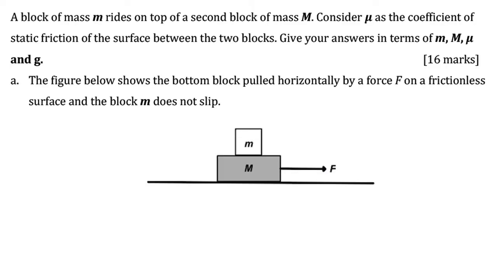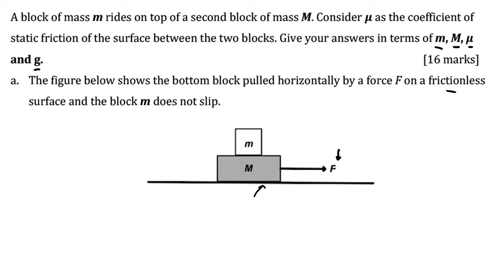A block of mass m rides on top of a second block of mass capital M. Consider mu as the coefficient of static friction on the surface between the two blocks. Give your answers in terms of small m, capital M, mu, and acceleration due to gravity g. The figure below shows the bottom block pulled horizontally by a force F on a frictionless surface, and the block